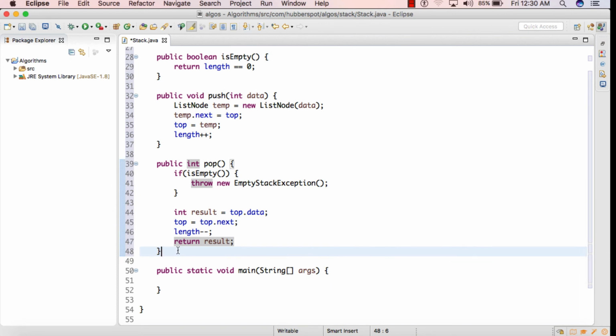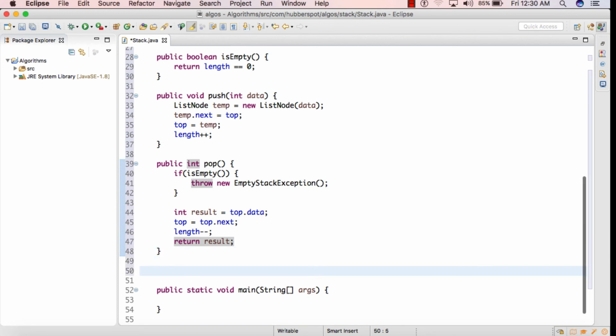So friends, this is how we pop an element from a stack. The stack also contains one more method by name peek. So what this peek method does is it simply returns us back the value which top holds. So it is nothing but returning the value of the last inserted node into the stack. So we'll create a method by name peek. So public int peek.